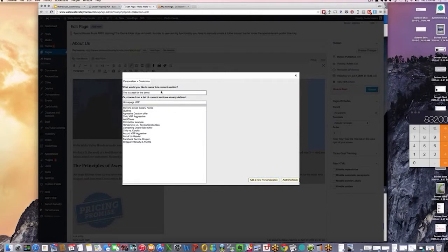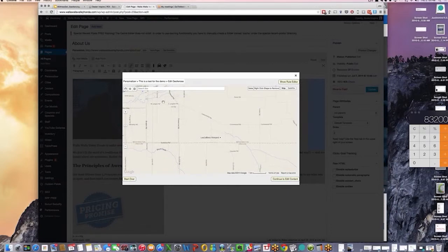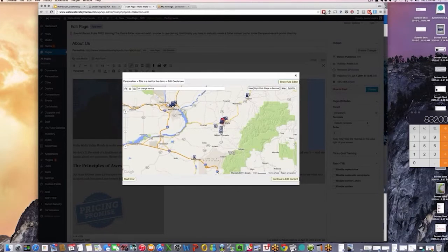So I'm going to call it, this is a test for the demo. I'm going to add a new personalization. And right here is when I could show the geofencing editor. So again, I could click on, let's say I'm going to do oil change service. So I'm going to look for oil change places right here. And really, it's not limited to just auto. You can type in anything because it's pulling in Google Maps. So say I wanted to target this whole area here. I just hover this area,